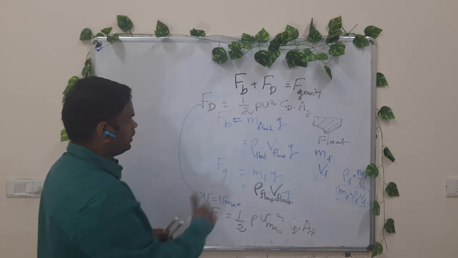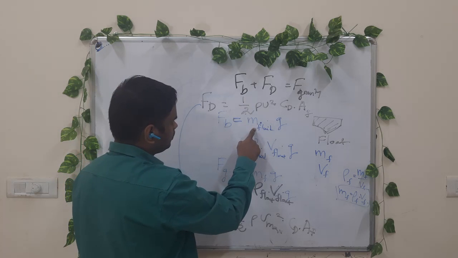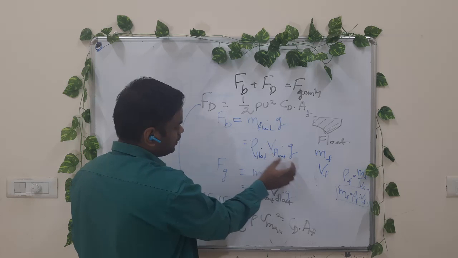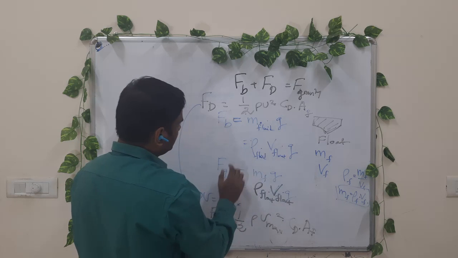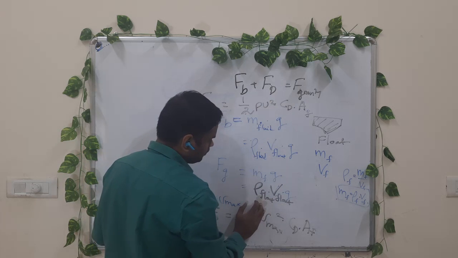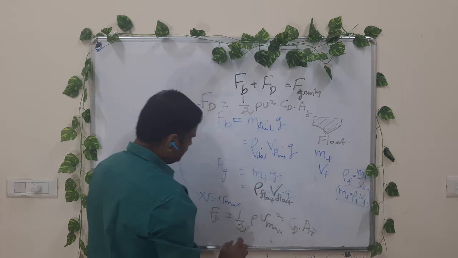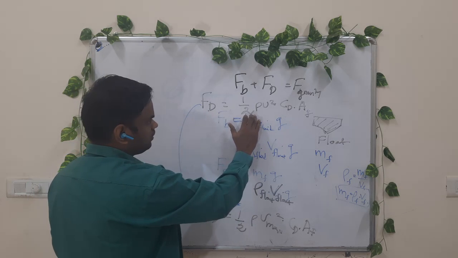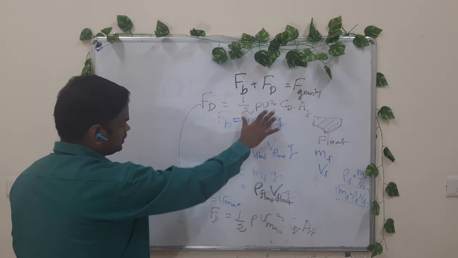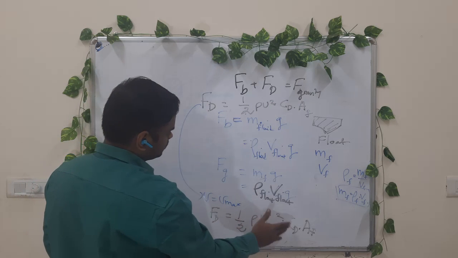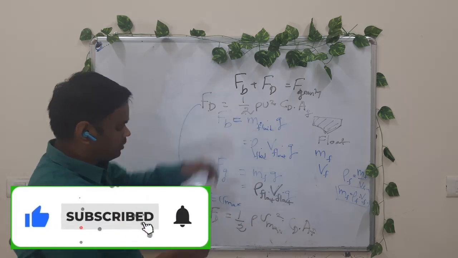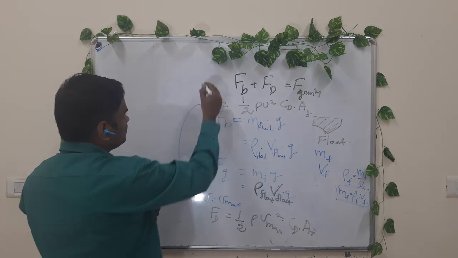So I repeat, we have buoyancy force, which is mass of the fluid replaced by the float into g, which is given by density of the fluid into volume of the float into g, and gravity force is mass of the float into g, which is density of the float into volume of the float into g, and Fd by definition is half rho v square CD AP, and Fd when velocity is maximum is half rho Vmax square CD AF. So substituting these three in this equation, that is at equilibrium, we know that at equilibrium